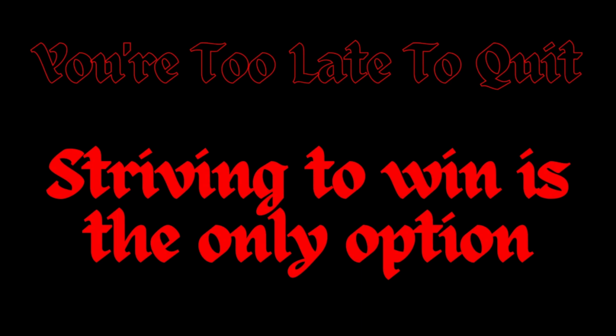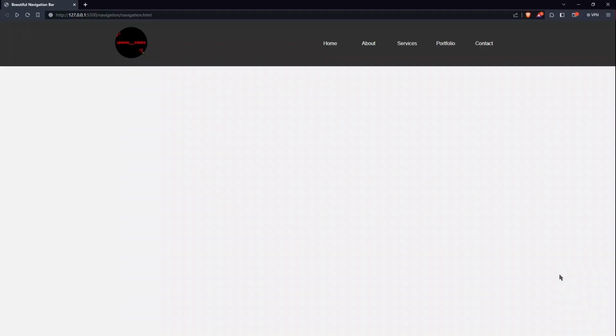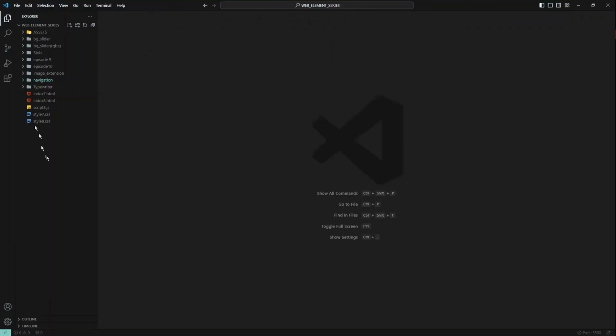Today, you're going to learn something that is really important for a web developer to use, which is how to create a navigation bar. This is the simplest form of navigation bar that I could think of. I'll do many more videos on the navigation bar, but for now, I would be teaching you this. So let's start. We'll first start, obviously, with a folder